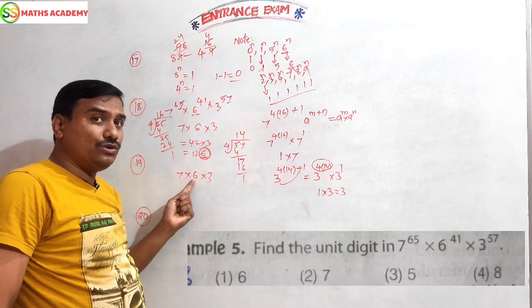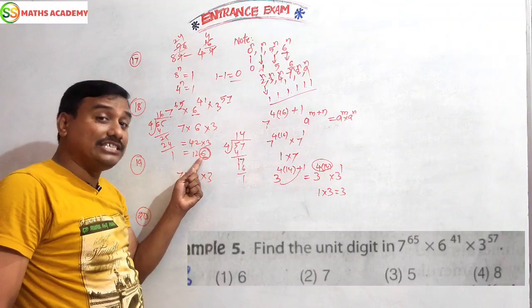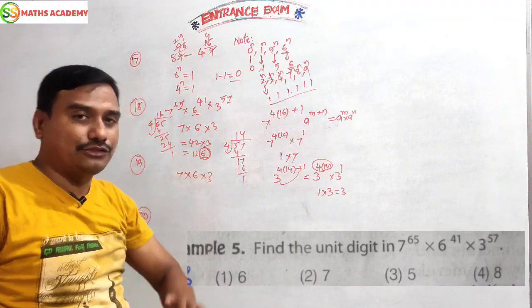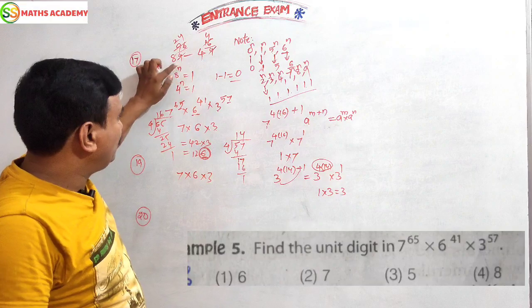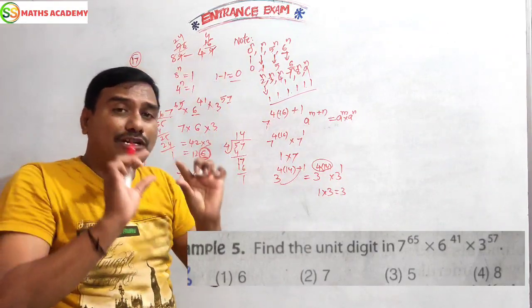7 6 is 42. 42 into 3. 3 to the 6. 6 is the unit digit. This is the answer. Like this also you can write. Okay? Simple. In these two cases, 17th, 18th cases, you can go with whether the power will be divided by